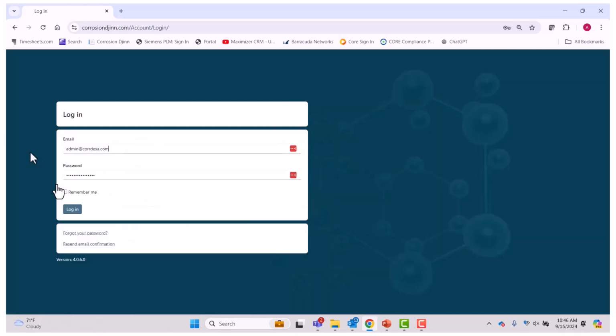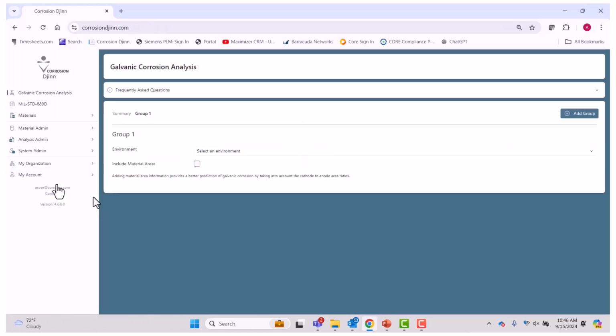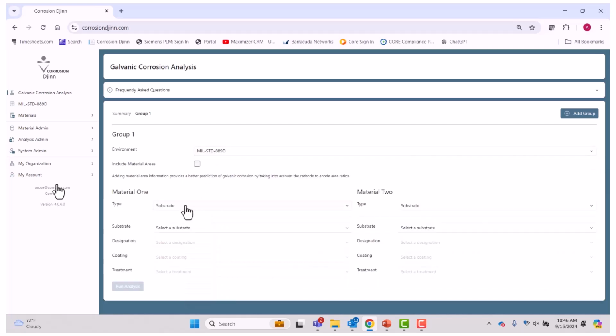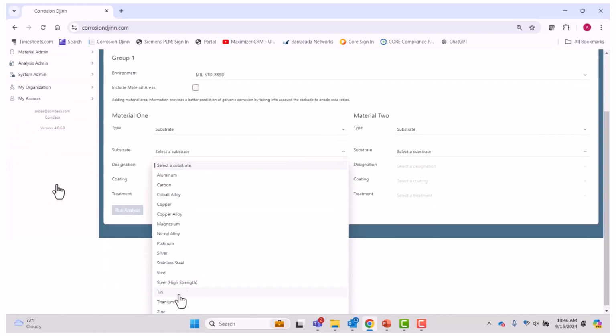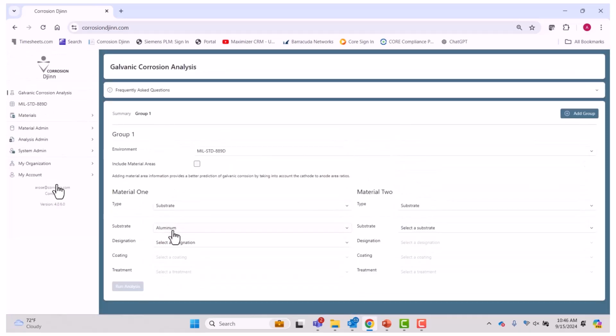But if you have access credentials, you can then use the corrosion analyzer. So what we do, we have different environments, 3.5% sodium chloride, kind of a maritime environment. There's also the mill standard 889D environment, which is artificial seawater. So we have all that mill standard data, and we can compare materials, material 1 against material 2, and you